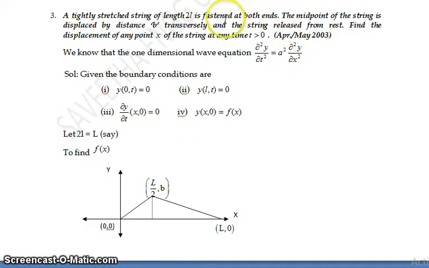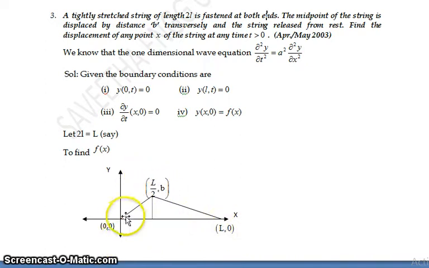Okay. So here the given length is 2L. For our convenience we can take 2L equal to capital L or small l. You can take whatever you can manage. So here I can take 2L equal to L, say. Next, to find f of x, here is the diagram for 0 to 2L. First I can start with 0 to L. So here I take 2L equal to L. This L is half of the portion, that is, the midpoint where b is given. Therefore this one is L by 2 and this point is L by 2. So total is L. So the points are L by 2 comma b, then L comma 0.